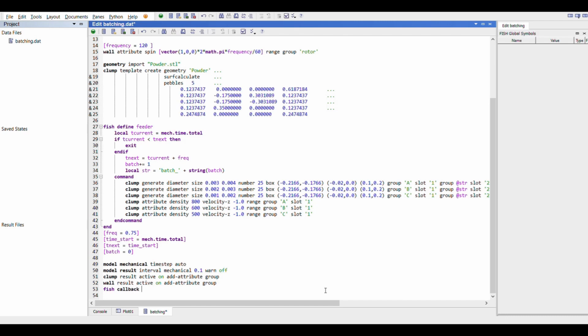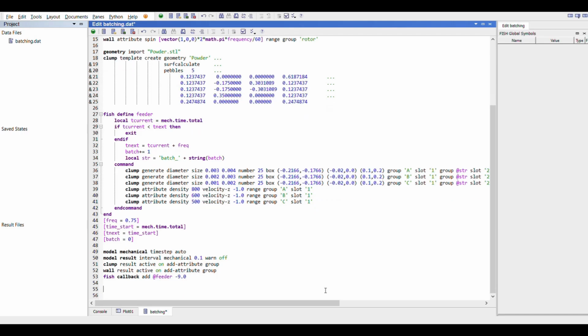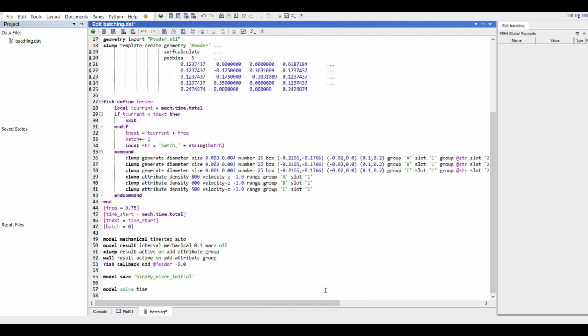There are multiple instances where we can insert a custom made function into the PFC cycle, and then we can assign different numbers associated with those cycles. Like I have assigned minus 9.0, and this represents the cycle when the model has been validated and the forces and other systems have not yet been calculated. So we will save this as binary mixer initial, and then we will run the model for 15 seconds. That we can do by issuing a command model solve time 15.0.